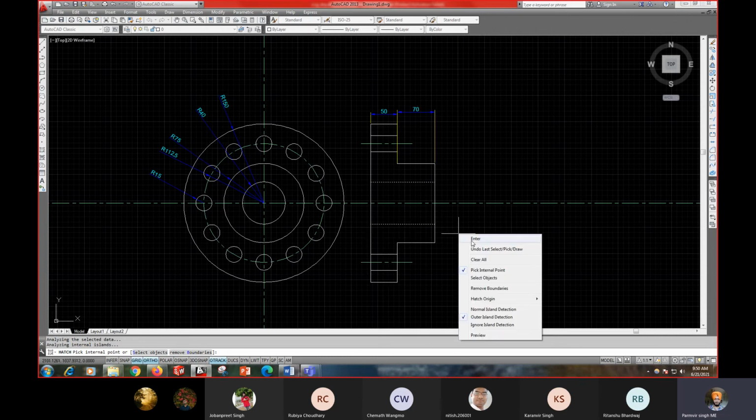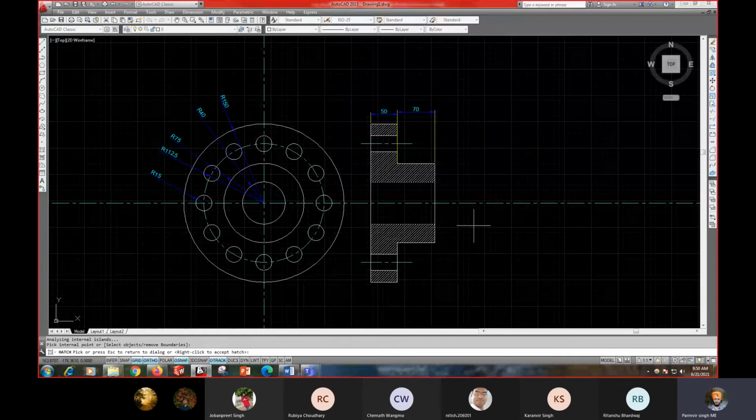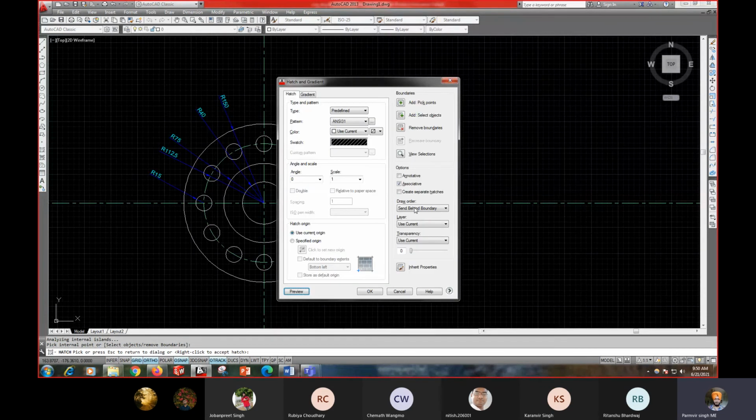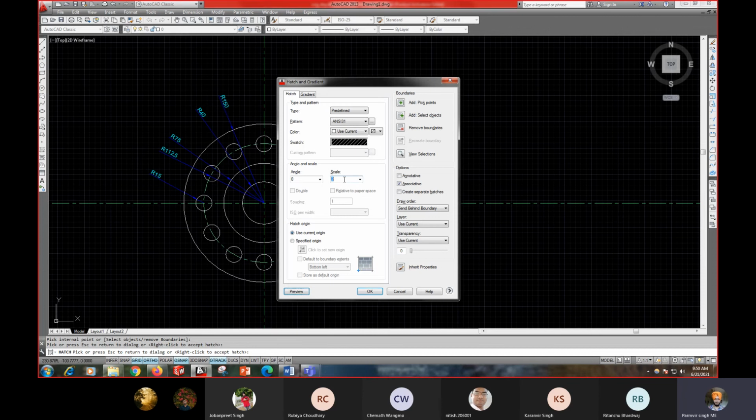Now press enter. Go to preview. If it is okay, in case you want to increase or decrease the size of your hatching, go to escape. Then here in the scale you can increase the size. So I have to increase the size by 2. Okay, so then I go to the preview option. Now you can see if it is okay.